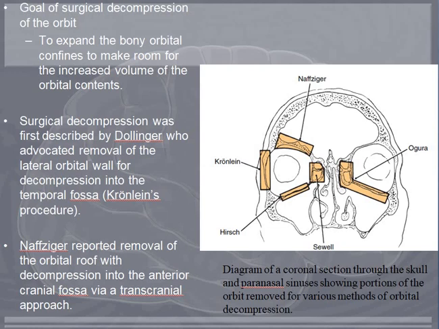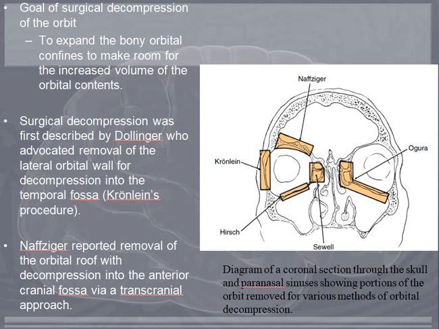Surgical decompression was first described by Dollinger, who advocated the removal of the lateral orbital wall for decompression into the temporal fossa, Crowley's procedure. Then Naffziger reported the decompression via a transcranial approach. So here we can see this is the superior approach, the Naffziger's approach, the Crowley's approach, the